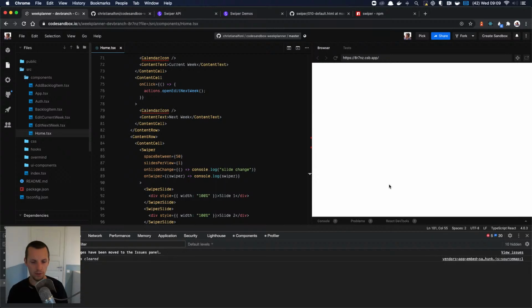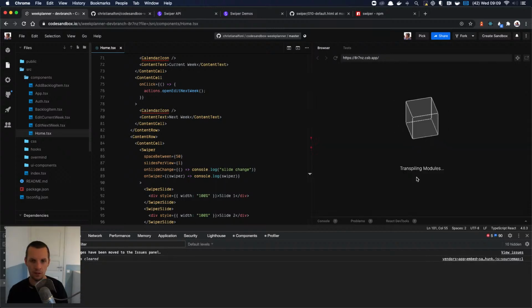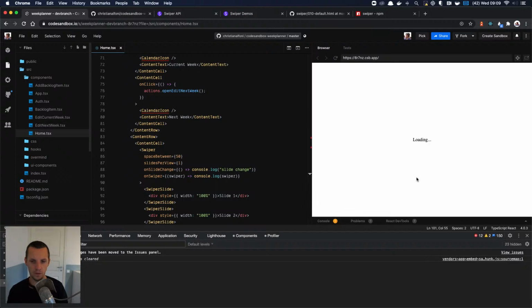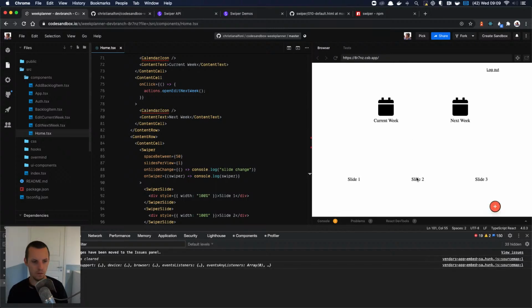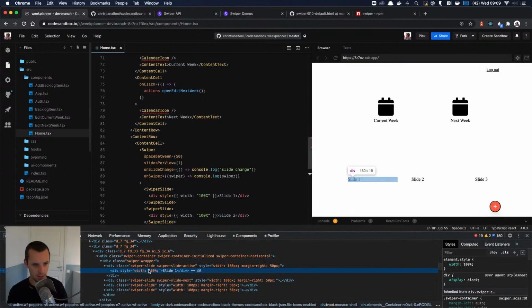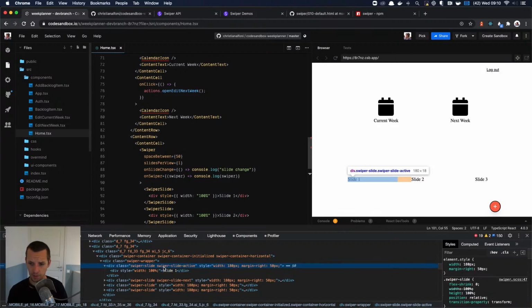This is very confusing to me. Why does it show like this? So the slide here is 100% of what? This has already been given a size, which is 180, and I guess it's 50 pixels margin. That's okay. But why does it give 180?